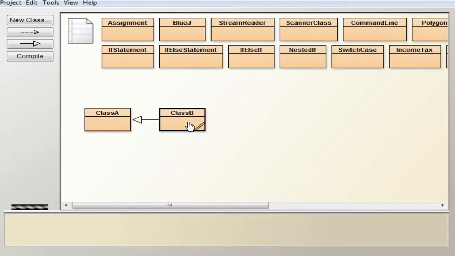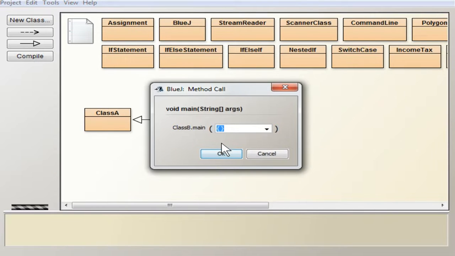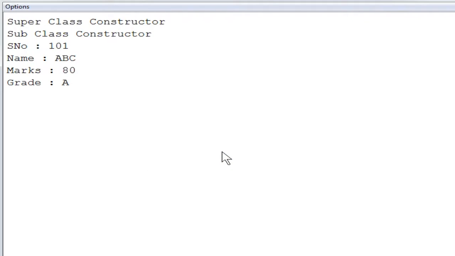Now just observe it, right click on it, click on void main, and then click on method call message box. Now you can see that this is the proper way of creating and executing an inheritance program.